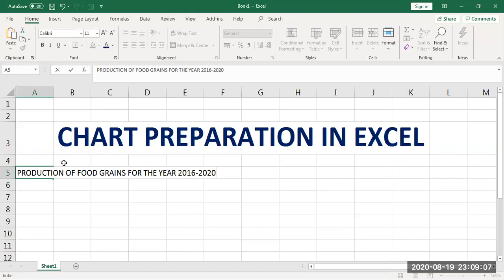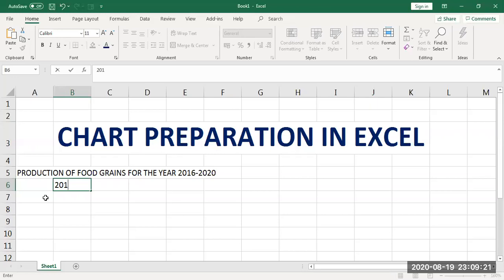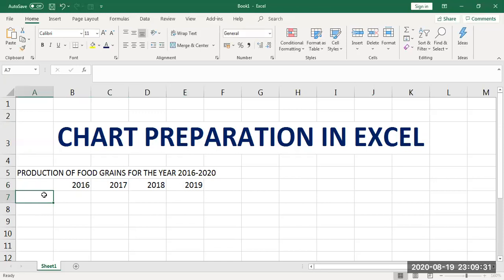To make it professional, always giving a heading is a good practice. To start with, I am mentioning here the years 2016, 2017, 2018 and 2019. And this side I will mention rice, wheat,